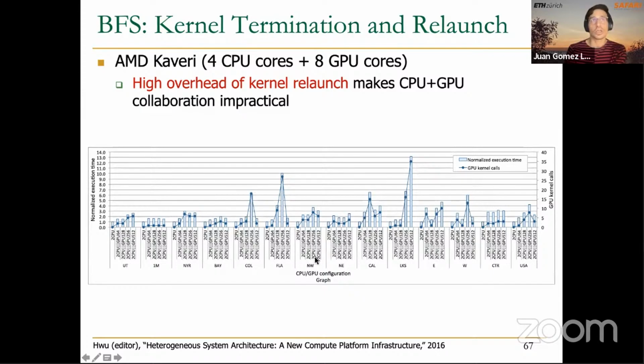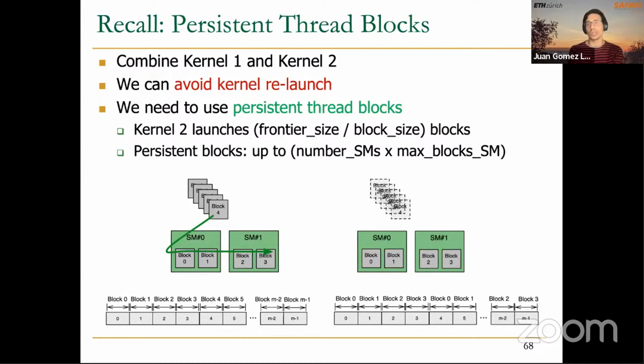So the collaboration is completely impractical due to this overhead of kernel relaunch on the AMD Kaveri. And this is where we can use our technique that we explained in the corresponding graph search lecture, the persistent thread blocks that avoid the kernel termination and relaunch. I'm not going to go into the details again, but essentially remember that instead of launching the whole number of